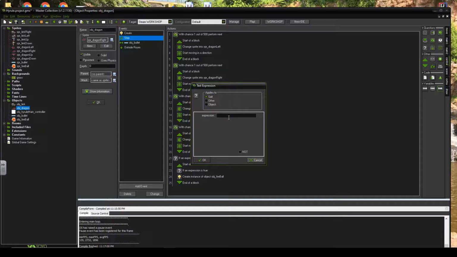Now I need to create a variable, right? So I should have a variable for the dragon that's called is shooting or something like that, and I still have to create that. So I'm going to write an expression that just says, assuming that we have a variable called is shooting, that's what I'm going to name the variable. So is shooting